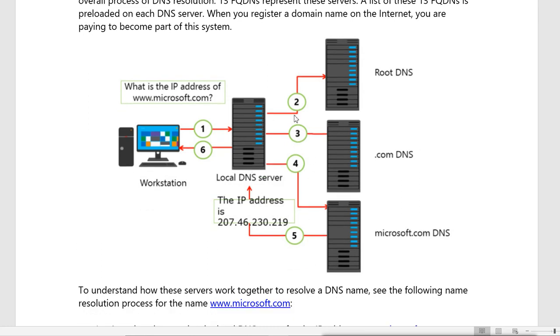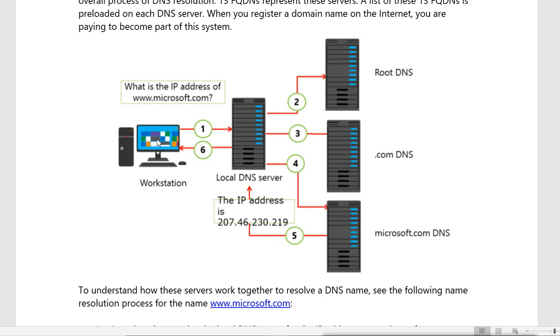As you see in the image, you are here on this machine, your workstation, and you have an internet connection. Now you want to go to some site, for example Microsoft.com. You say, what is the IP address of Microsoft.com? You don't know, because you don't use the IP address, you use the name. So you open the browser and type www.microsoft.com. Now your machine thinks, this is the name, but what is the IP? It does not know. So your machine asks, what is the IP address of www.microsoft.com?